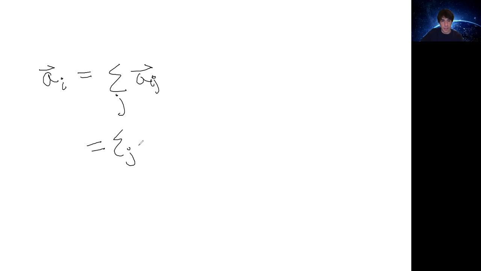And the vector a_ij is determined in the same way as before, except what we get is the scalar quantity G m_j over the distance between i and j squared, where